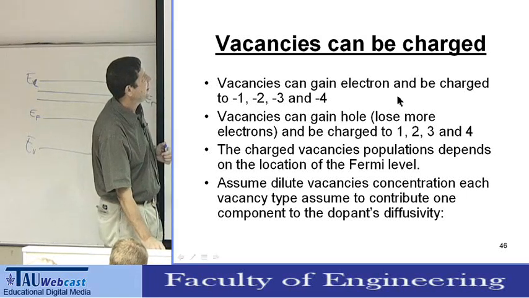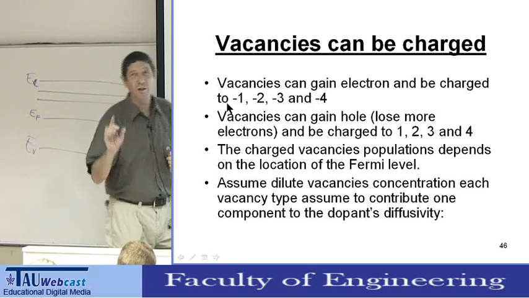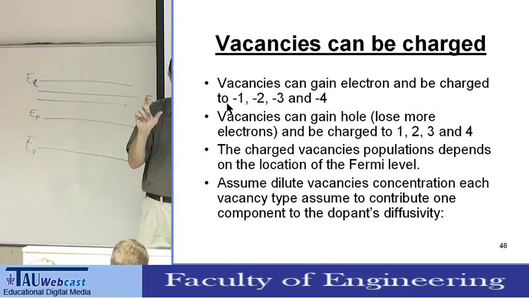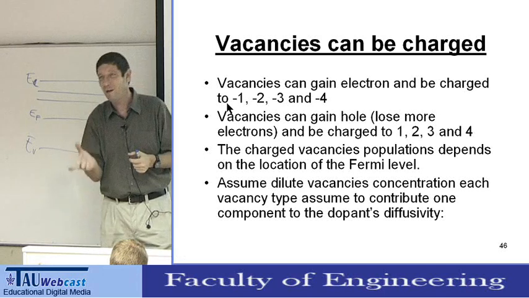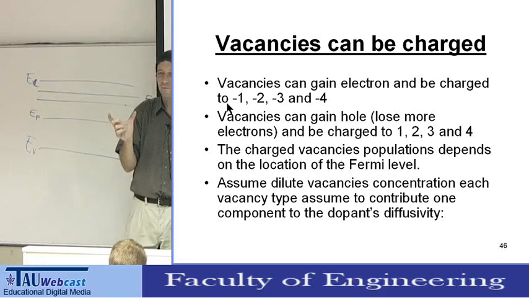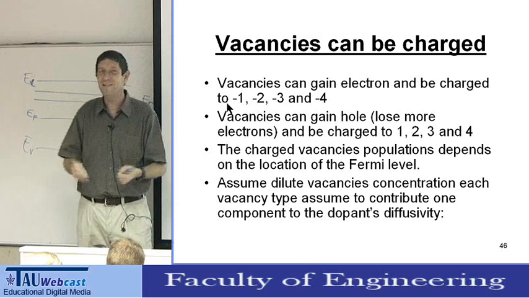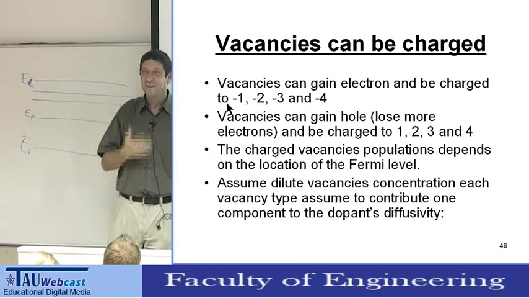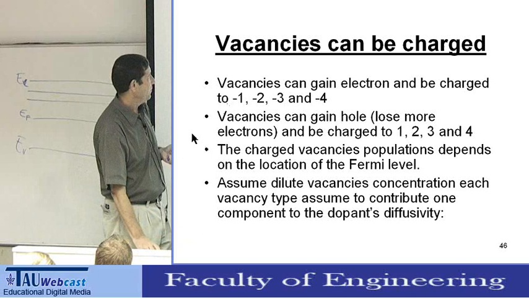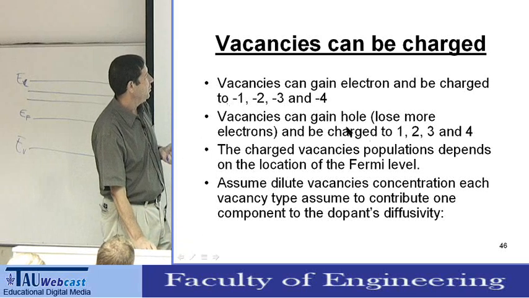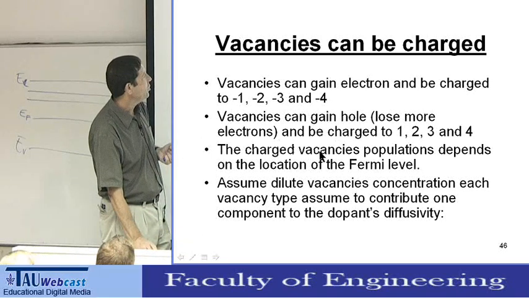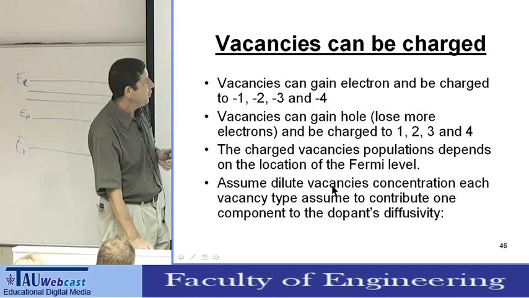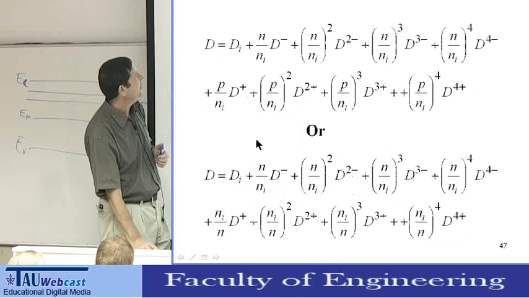So vacancies can gain electrons, but I showed you only +1, -1. But you can think of +2, -2, +3, -3, +4, -4. If you do the actual analysis, it's extremely complicated. You have a lot of types of charged vacancies. And they can gain a hole or lose an electron. The charged vacancy population depends on the location of the Fermi level. And we assume dilute vacancy concentration, each vacancy type assumed to contribute one component of the dopant diffusivity. So this is the actual